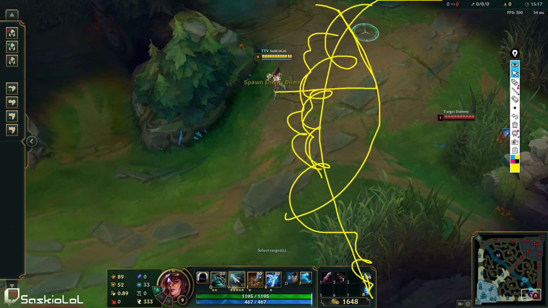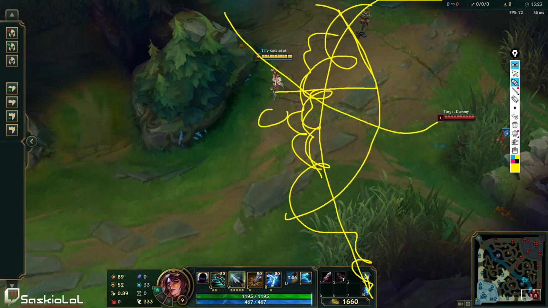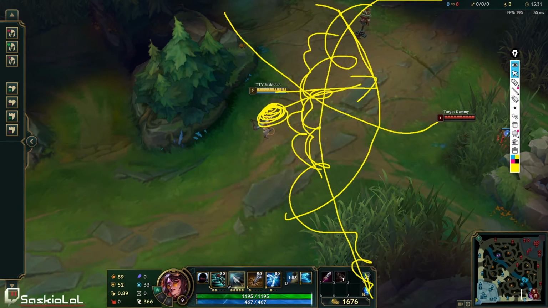Enemy ADC now, maybe he's playing over here. You have to account for his range, right? So then maybe now you have to play over here. So you have a small pocket that you can play through to last hit these minions, essentially, right? So you have to play around here and last hit these minions, right? So this is how you draw out the areas people can hurt you.